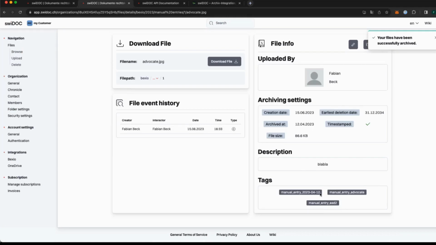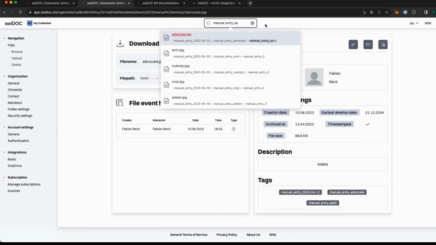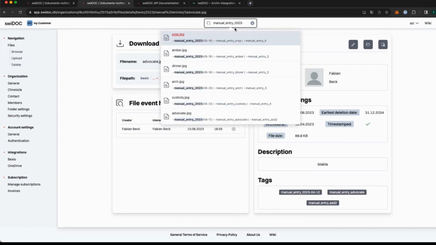Also, if I want to search for a specific entry, I can simply type in the name of a manual entry, or alternatively, I could type in the date of a manual booking. Now I would get all the files that are connected to this booking from bexio and could access them immediately.